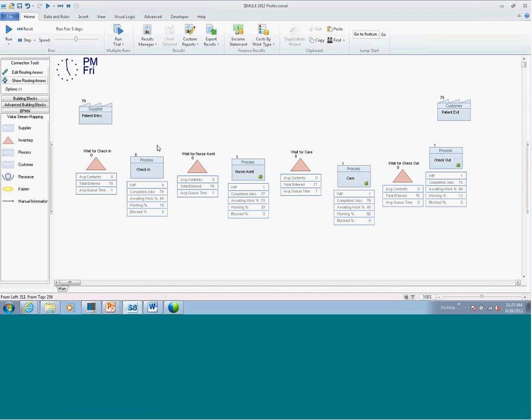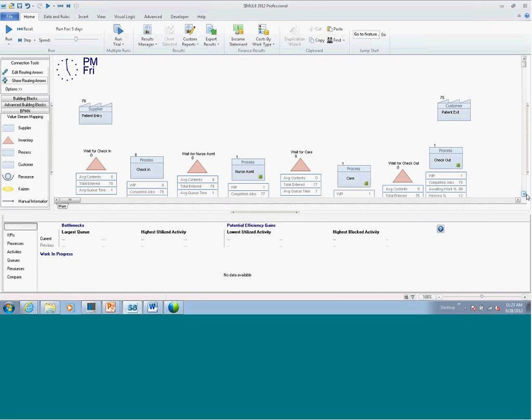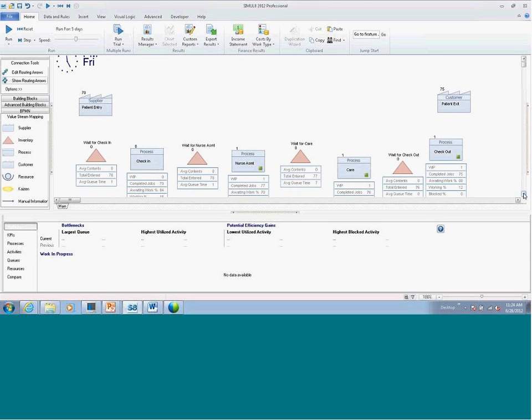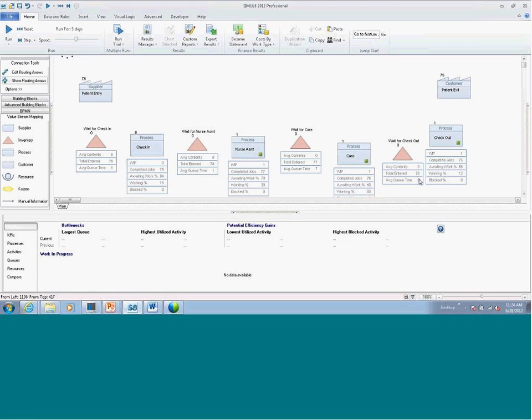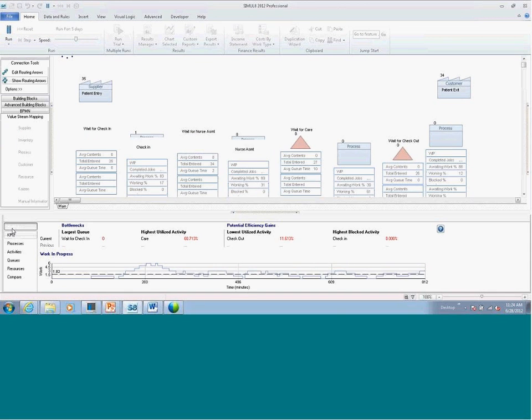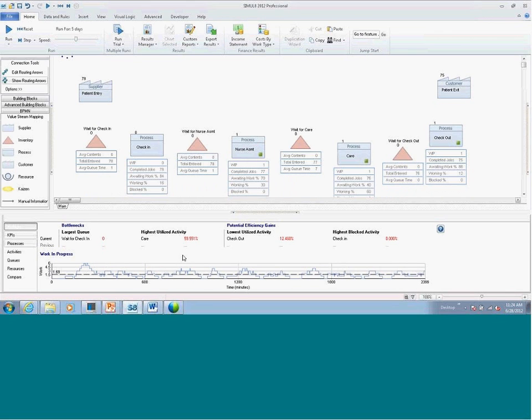Now with the data analysis, we're going to bring in our high-level analytics panel, and I'll set this up a little bit for you. It gives the ability to review our values in a number of different ways. First, the highlights tab on that panel. You have some default highlights that it's given us as far as where there might be bottlenecks in the process, where there may be a potential for high utilization,